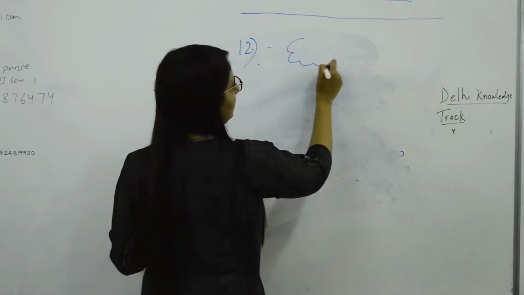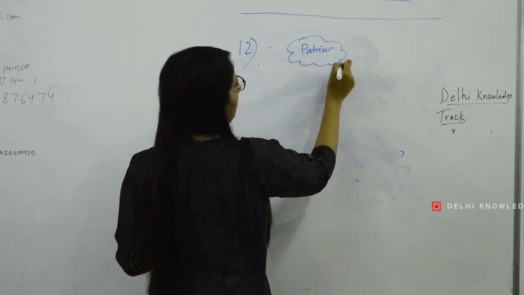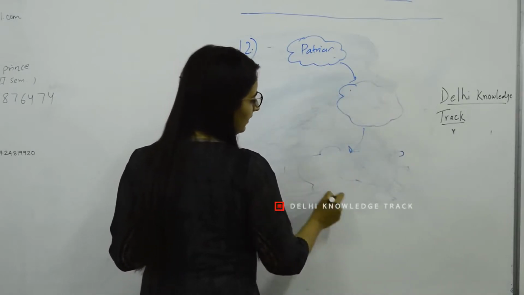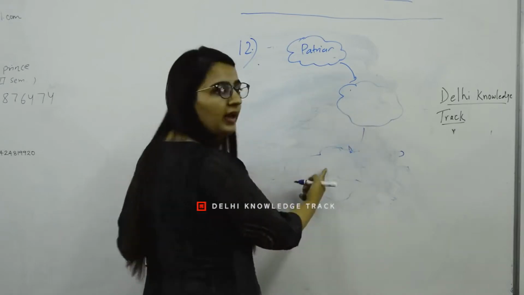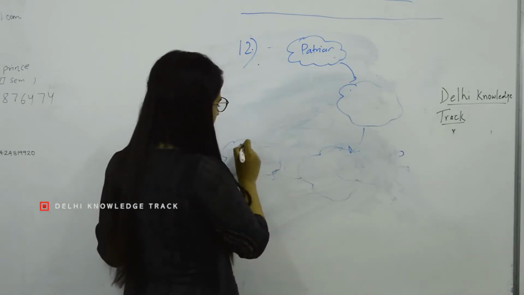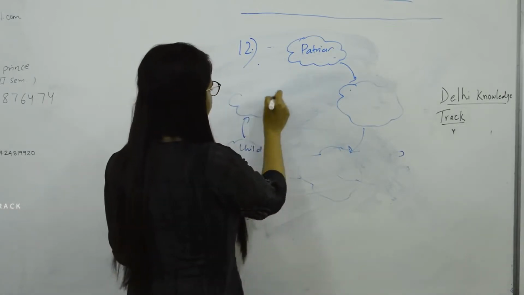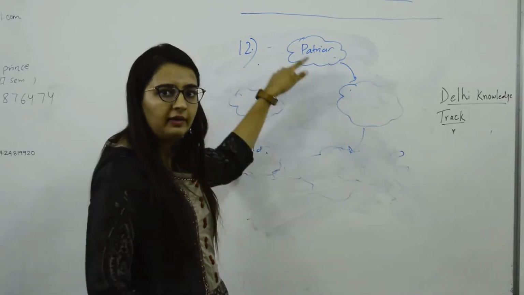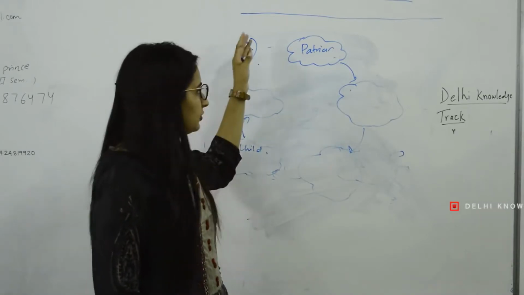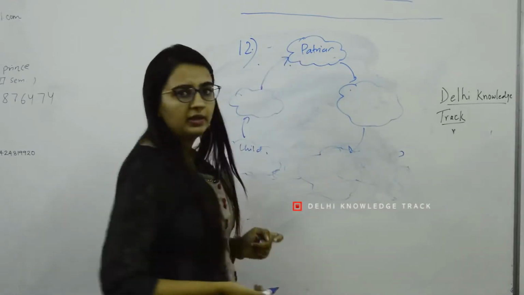So to show such cycles, particularly in economy, we can write one thing. Let's say patriarchy. I write. Then I write the second. What is happening because of patriarchy? Women are considered secondary citizens. Then because of this, what will happen? If she is considered secondary, she will not get educated, skilled enough. Focus will not be on her health. This what will happen? Child marriage. Women will be considered a liability. Then what will happen? So it's a patriarchy. Patriarchy will get reinforced. So to break this, women has to come out of it. So to show such vicious cycles or to show such chains that get formed sometimes, we can use this approach, and then this will get connected to patriarchy again.